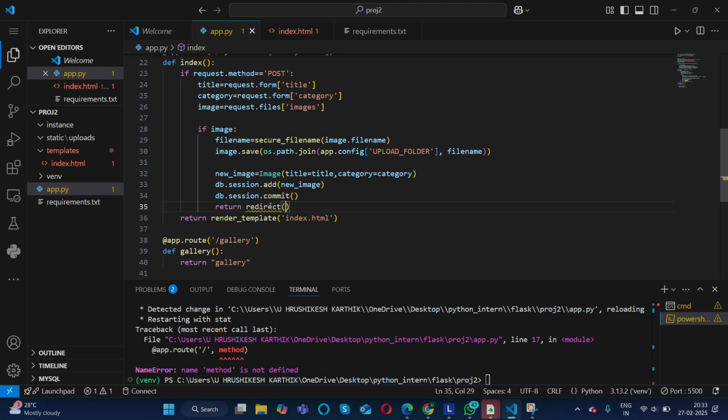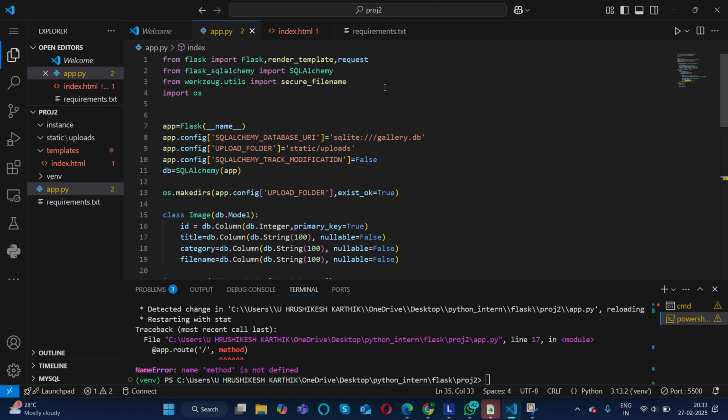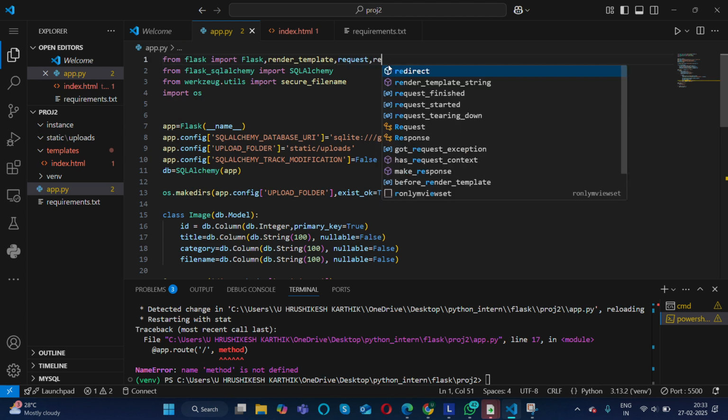So if it goes into some error, it should redirect to the directory, or if the file gets uploaded, it should redirect to the root, right? So I'll give should redirect to. Okay, I haven't put this right.